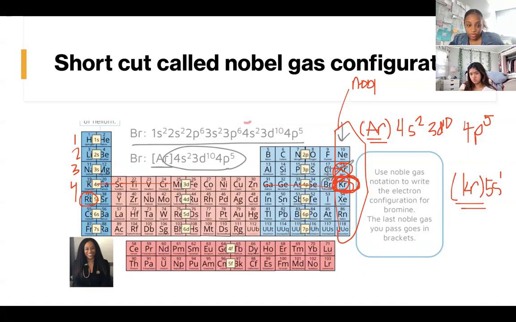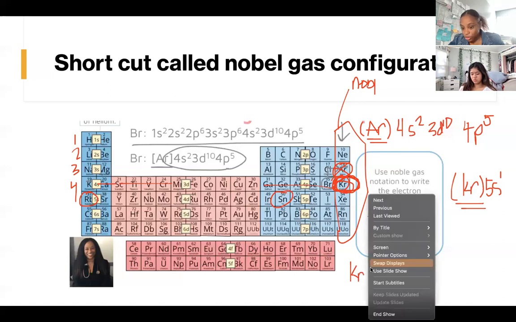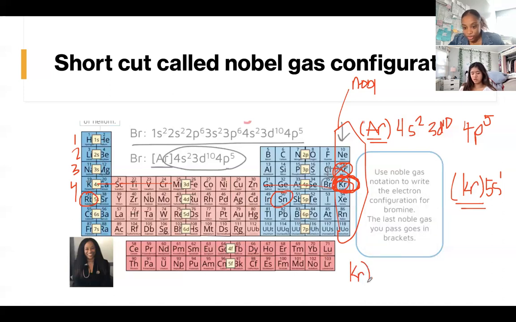So if we were trying to figure out tin, you would say, okay, to get to tin, I reference krypton, your Kr. Then from krypton, what is that? 5s2, and 4d10,